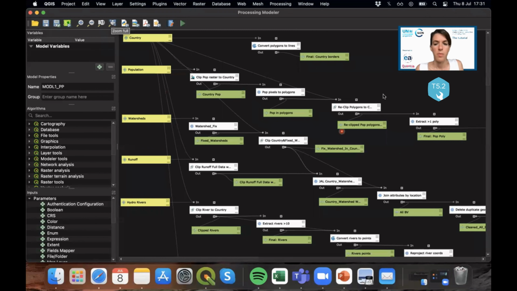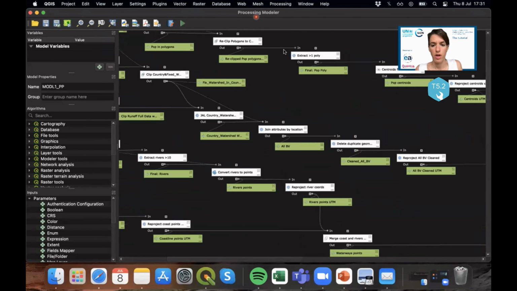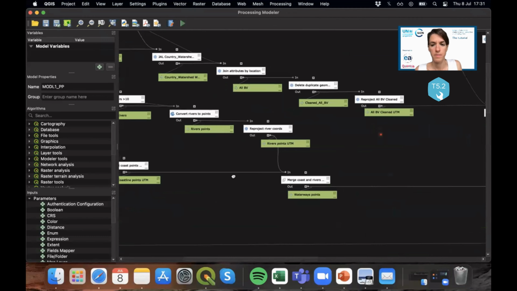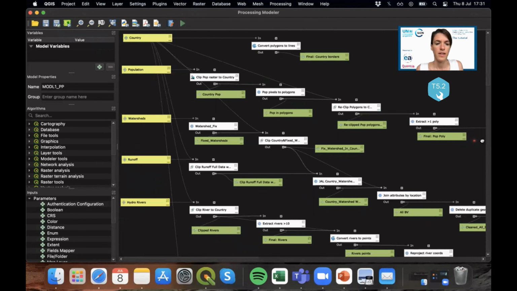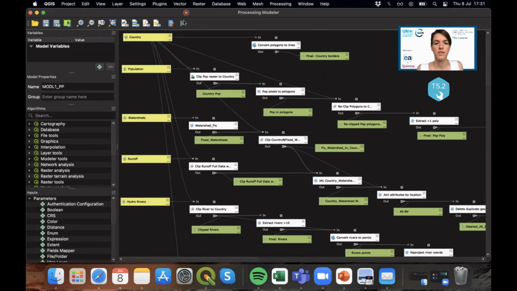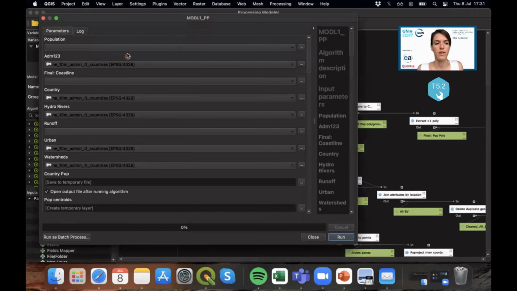You see, this is the model that you saw the screenshot of earlier on. And then once you upload all the files, you can go to run, and here you have to select the